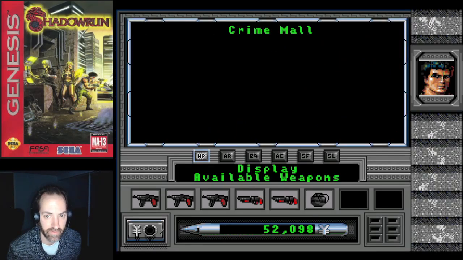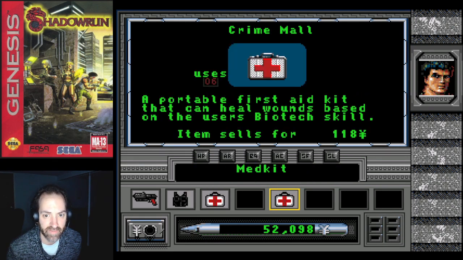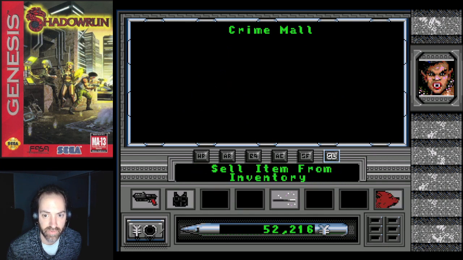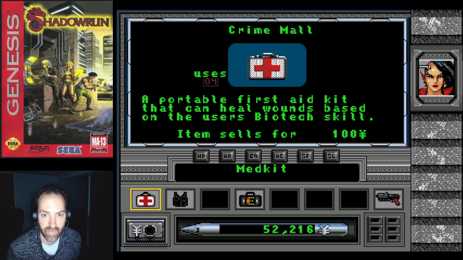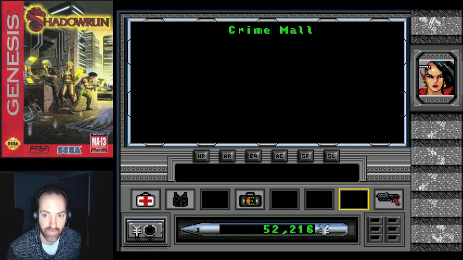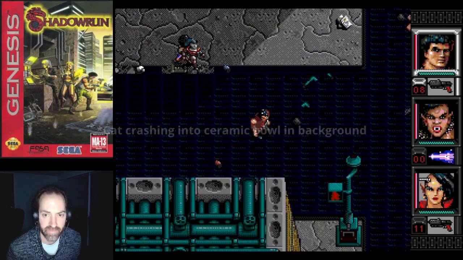First off, I like to sell all my loot over here at the crime store. If you wanted to maximize your profit, you would trade all your items to your person with the best negotiation and have them sell it. I also like to maximize time. See, I did switch Rihanna over to a Predator. Actually found...